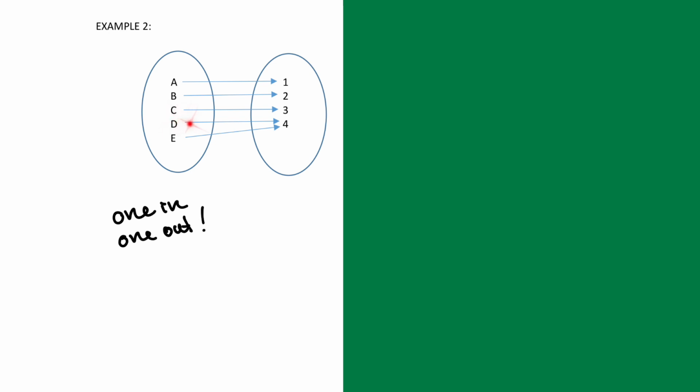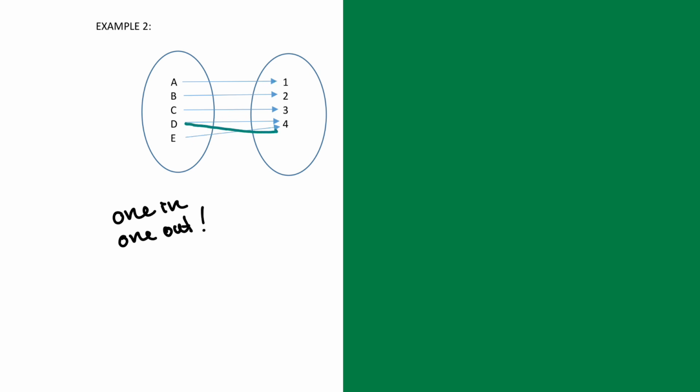There is one D and it points to one answer. There is one E and it points to one answer. They can point to the same one. It doesn't matter, as long as there are not 2 arrows coming off of any one of these original values. For example, E could have gone all the way up here and not there. It would have been fine still. Those arrows don't have to look nice and parallel and even and all that. Okay? If